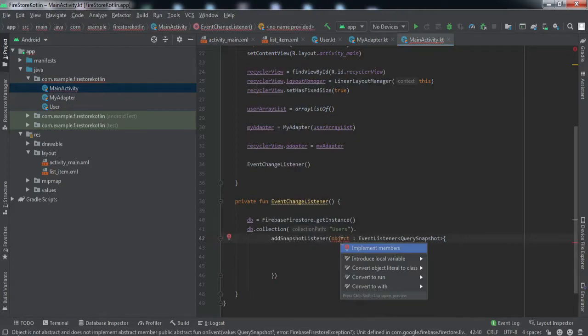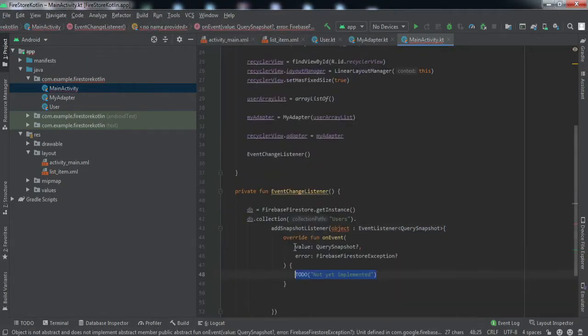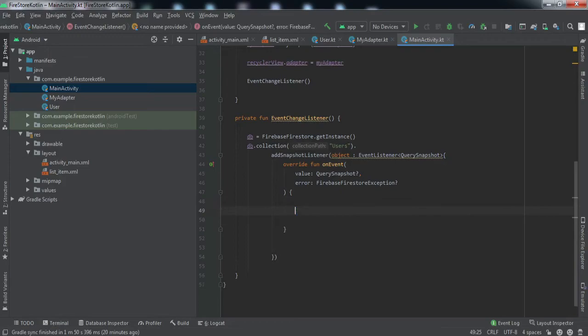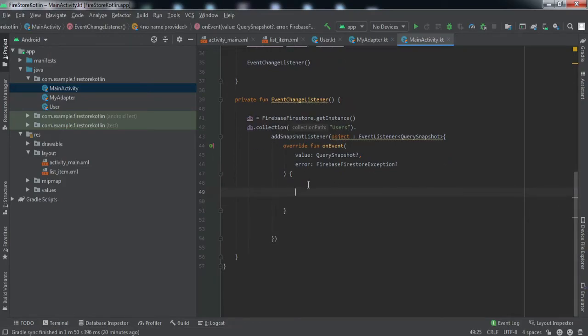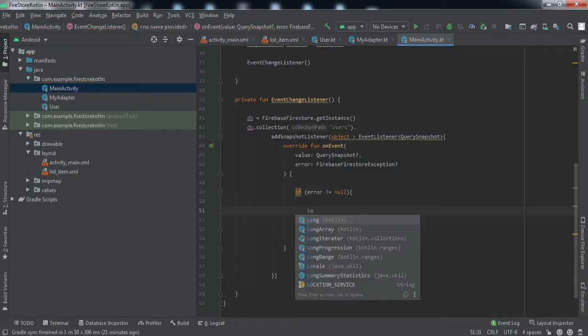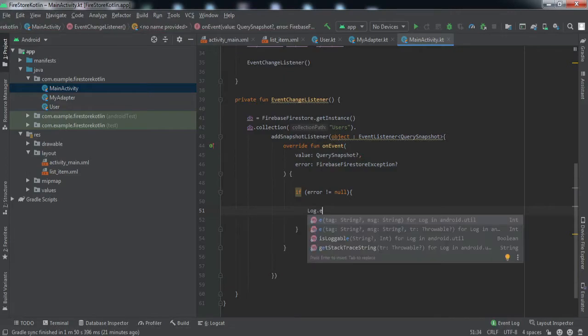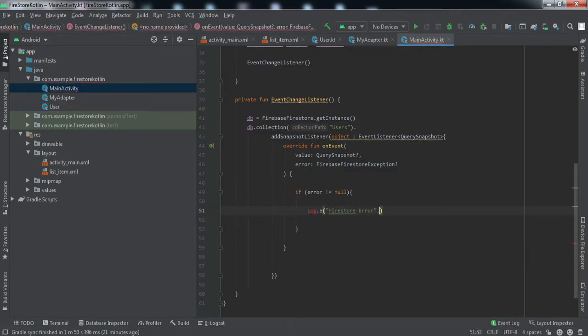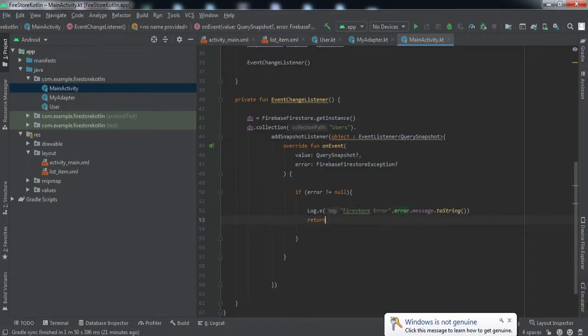Click here, Alt+Enter, implement members, and we're going to implement this, right? So here we'll just check if error is not equal to null, that means we have got some error. So we'll just log the error, and we'll return from this method, right?